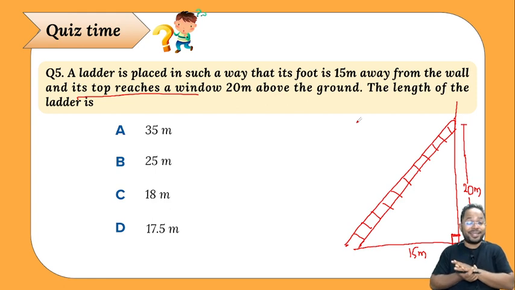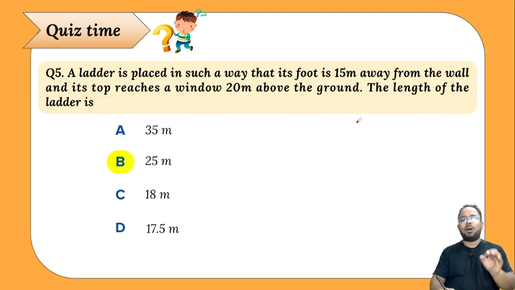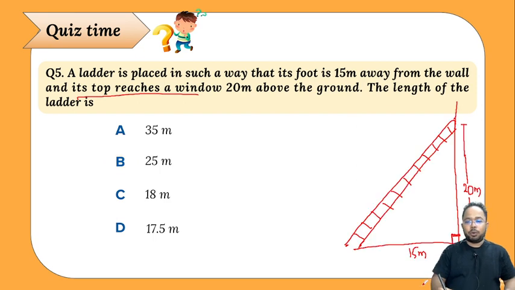बताओ बच्चों कितना इजी हो गया अब सवाल। मुझे तो लगता है बहुत लोगों ने सवाल सॉल्व भी कर दिया होगा। तो चलो फिर आंसर देखा जाए इसका। सो बिल्कुल इसका आंसर होगा हमारा 25 मीटर। कैसे? तो देखो ये 15 है, ये 20। तो ऐसा नहीं कि 20 प्लस 15 कर दें, नहीं। वी हैव टू लुक फॉर हाइपोटेनस स्क्वायर इज इक्वल टू